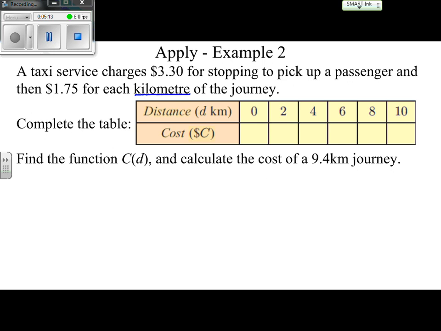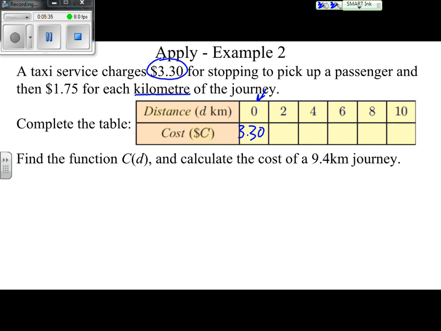So we're starting off with our initial value. This is the cost before we've traveled at all. We get into the taxi and already we're going to pay a cost because there is a flat fee. And that flat fee is $3.30. That's just for stopping. So $3.30 is our initial cost by plugging 0 in for our input, which was D